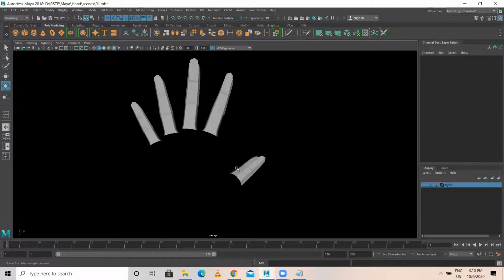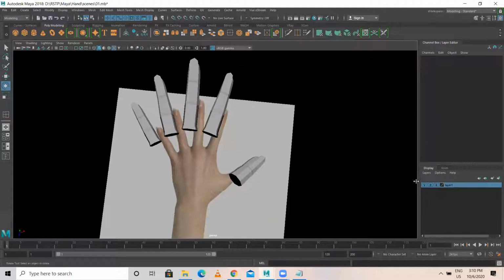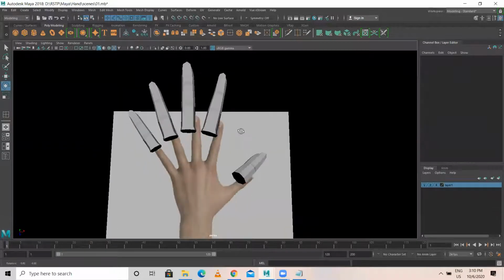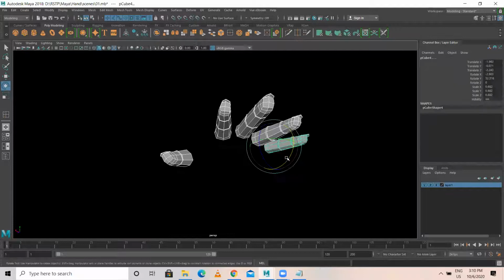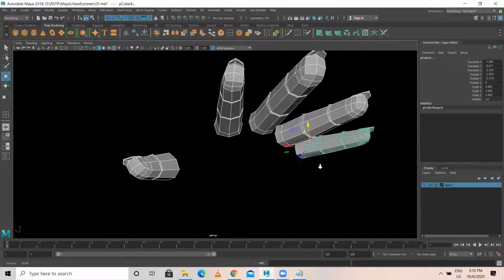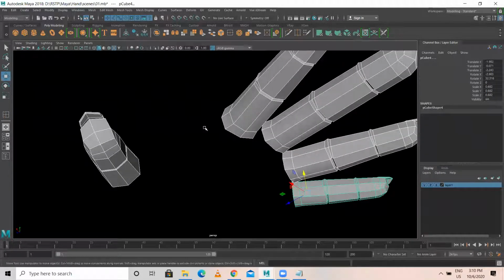So will you guys do up to here, or shall I continue the thumb part? Because human anatomy line flow is very important. Until now, we have only quads, quadrilateral, no triangle. Quadrilateral means four-sided. The entire mesh, every face in this, is only four-sided, no triangle.